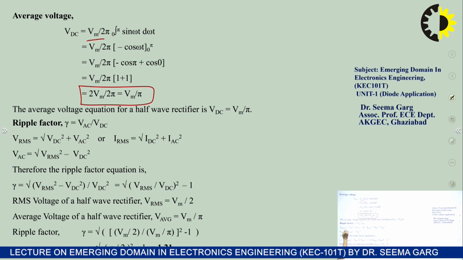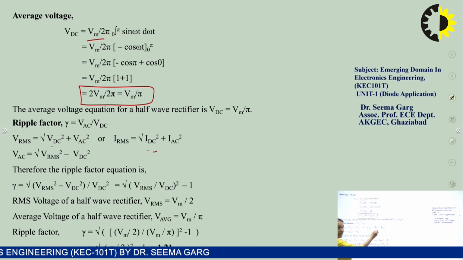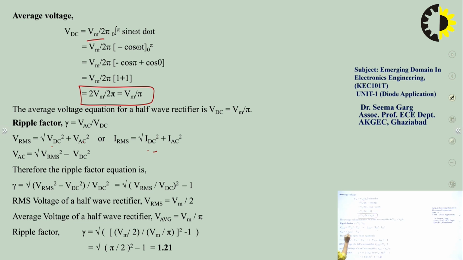So VRMS is equal to the square root of VDC square plus VAC square. Similarly, IRMS is equal to the square root of IDC square plus IAC square. So VAC can be written accordingly, and if we place this value, we get the formula of the ripple factor, that is the square root of VRMS square by VDC square minus 1. And this value we have already calculated. So by putting these values, we find the ripple factor,